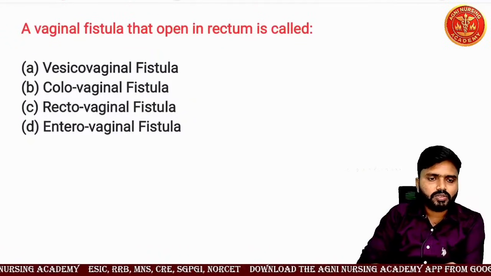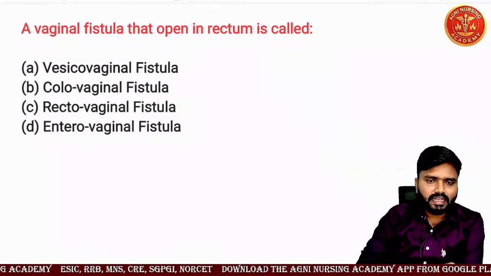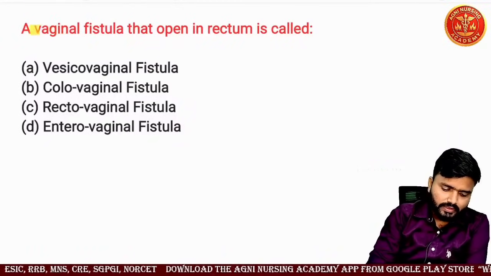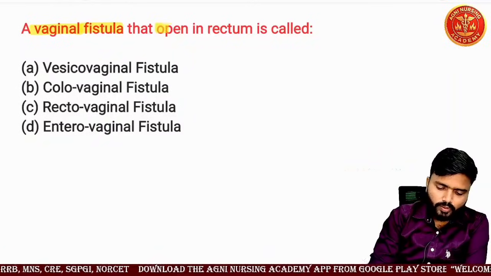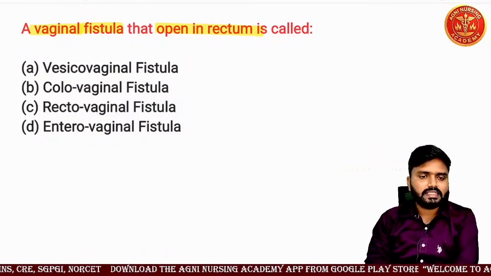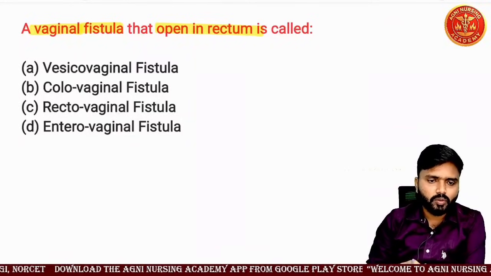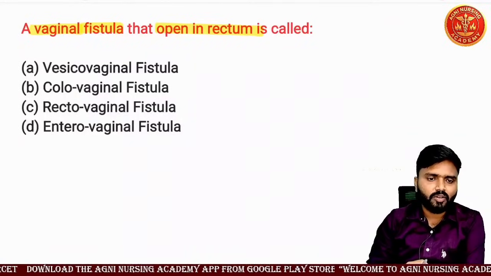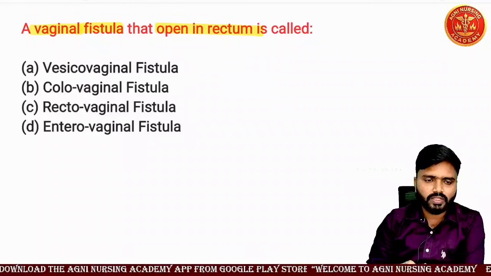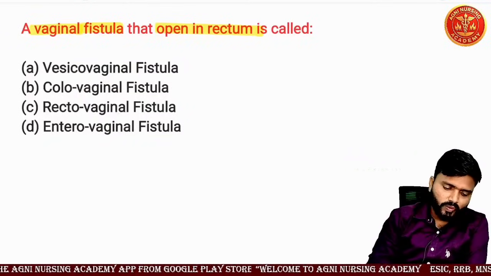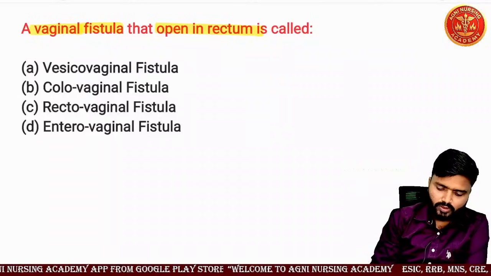Yes, next question: a vaginal fistula that opens into the rectum is called. So option A is vesico-vaginal fistula, option B is colo-vaginal fistula, option C is recto-vaginal fistula, and option D is entero-vaginal fistula. What is the meaning of fistula? For example,